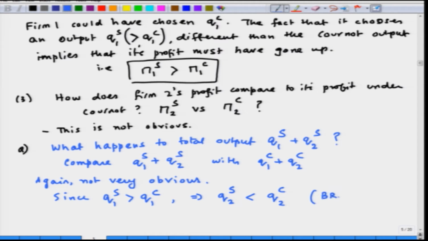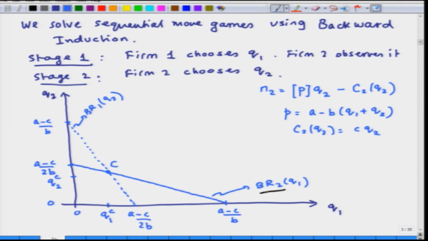So, the best response function for firm 2 is downward sloping. Okay. Let us again look a little bit deeply into the best response function for firm 2. Now, if we look at the slope of this line of BR2, the best response function for firm 2, we will find that the decrease in Q2 is smaller than the increase in Q1, right. So, that follows from the fact that if we look at the best response function for firm 2,